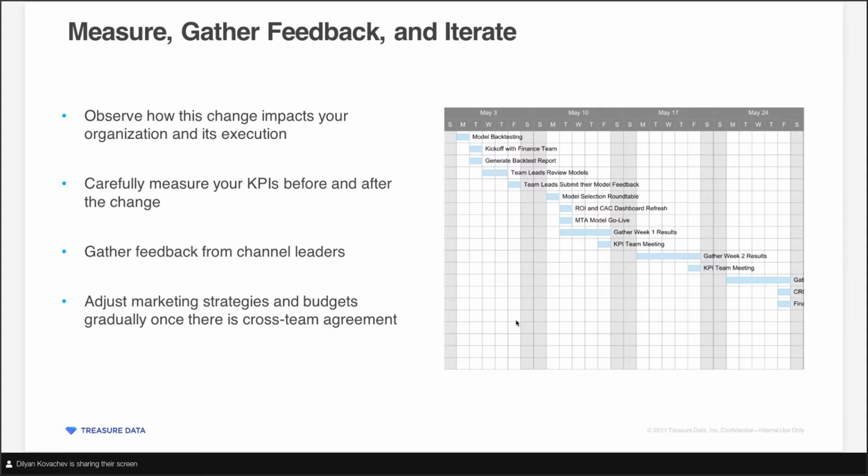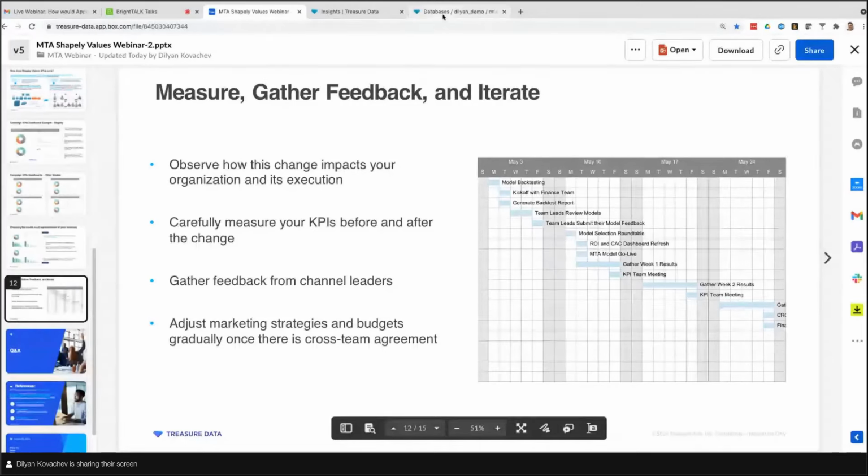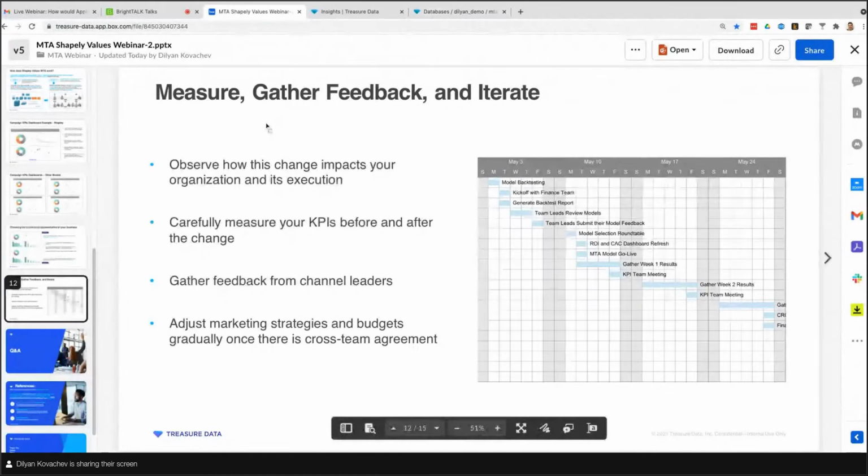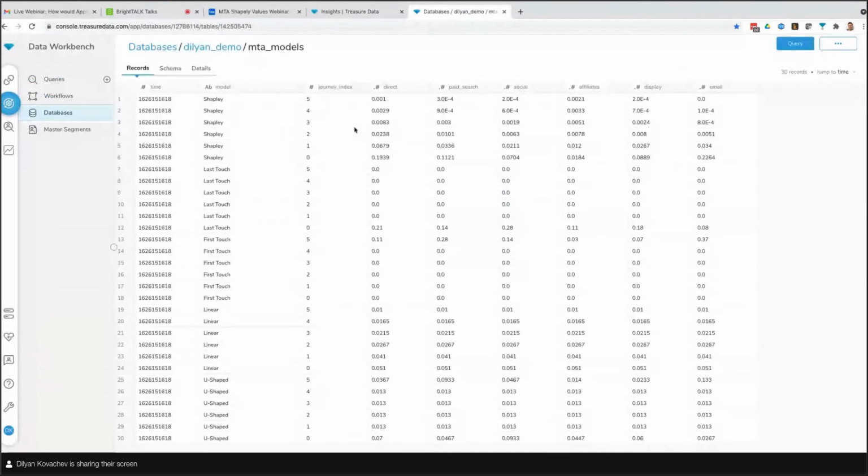I think we can show an example of that. I mean, an example of the data that goes into the model. Let me see if I have the structured data. So this is the output of the code that builds each model.